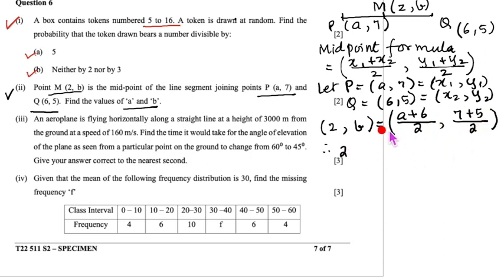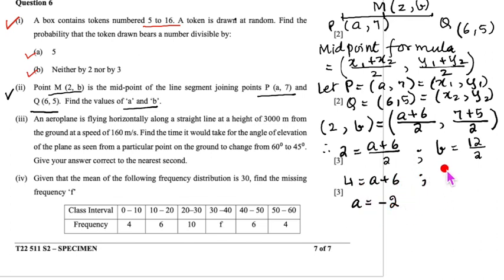So equating the corresponding elements, we will have 2 equal to (a plus 6) upon 2, b equal to 12 upon 2. Cross multiply, 4 equal to a plus 6. So a will be equal to 4 minus 6, that is minus 2, and here b will be equal to 6. So therefore we will say a equal to minus 2, b equal to 6, and that is our answer